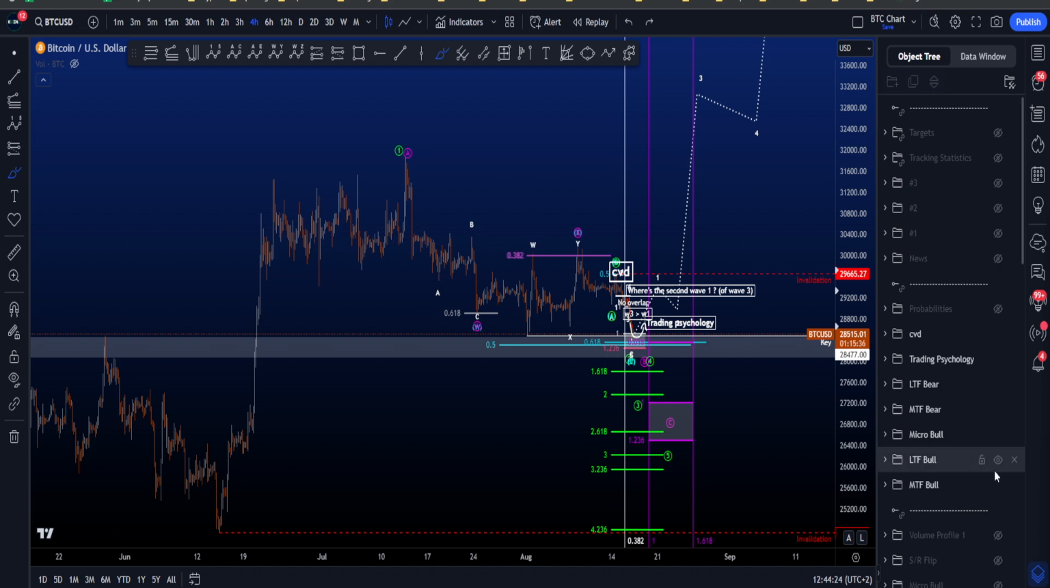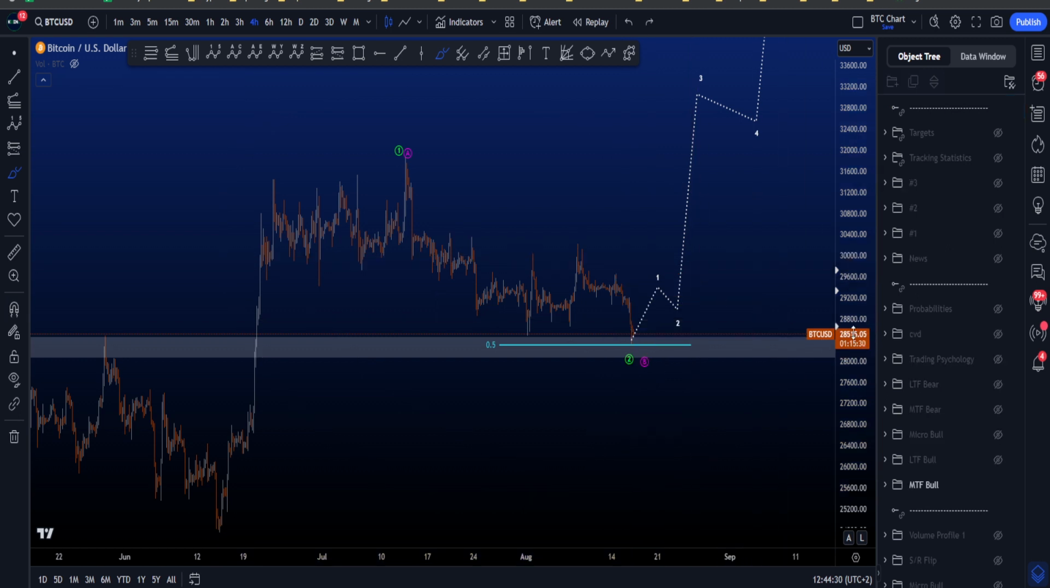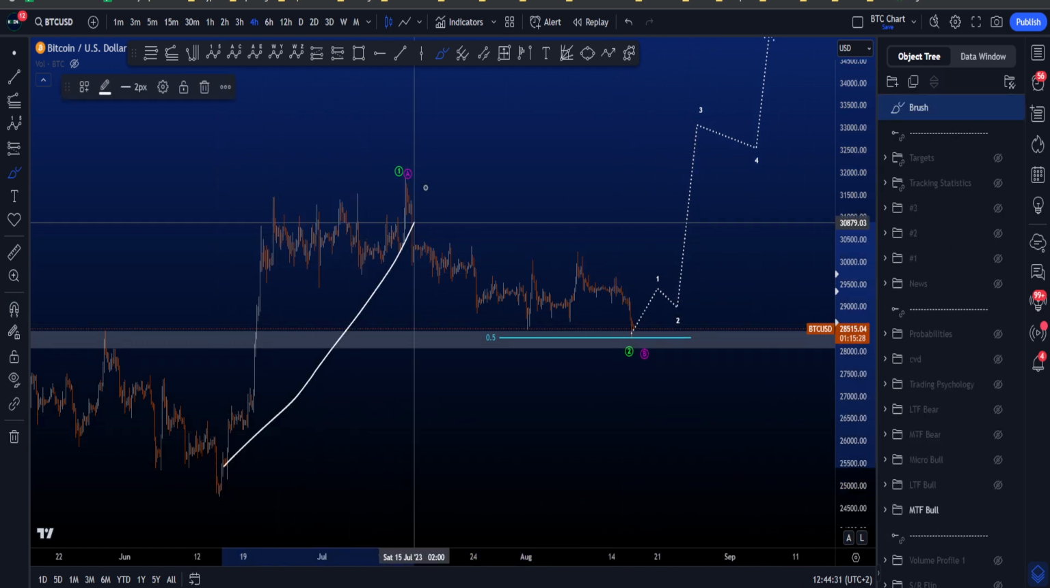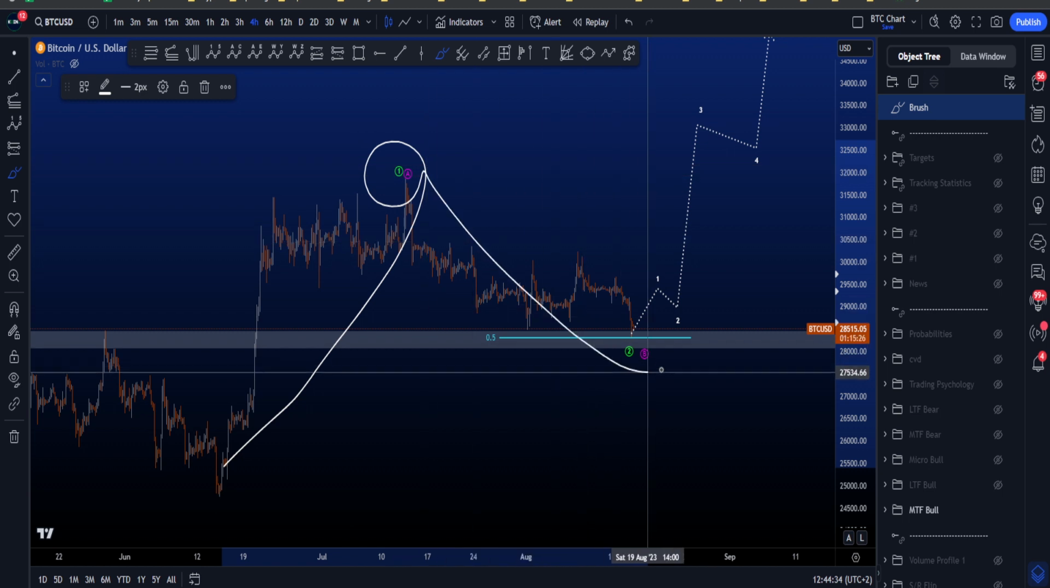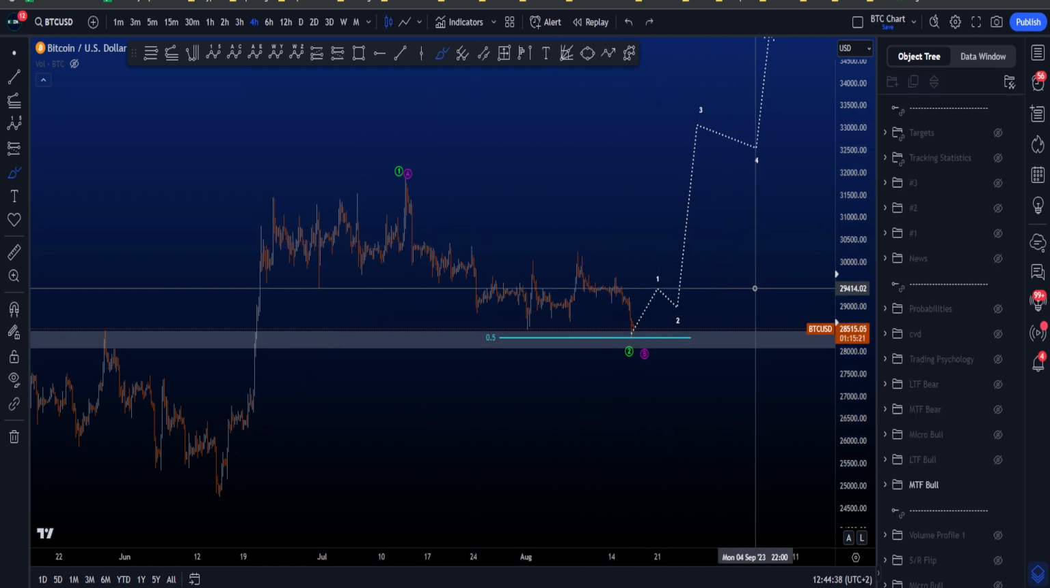Hi everyone, let's go over my medium time frame, low time frame and micro bullish and bearish Elliott Wave scenarios on Bitcoin. Starting with the medium time frame bullish scenario where we are looking for a finished wave 1 or a finished wave 2 or B for now, then continuation to the upside in a bigger wave 3 or a